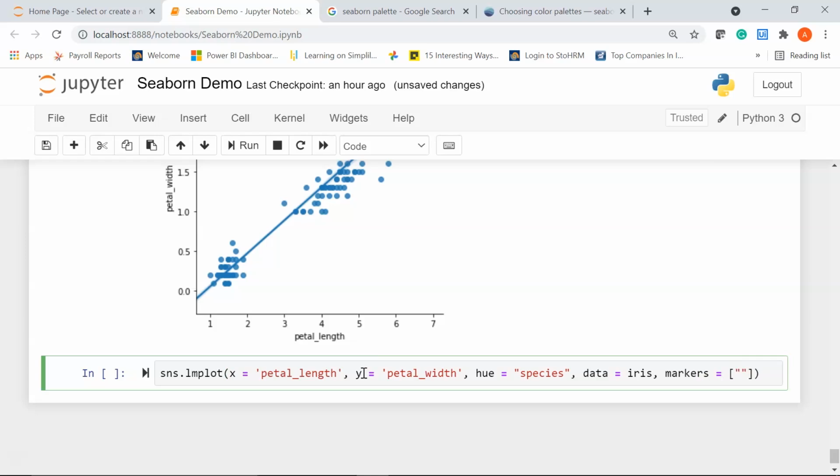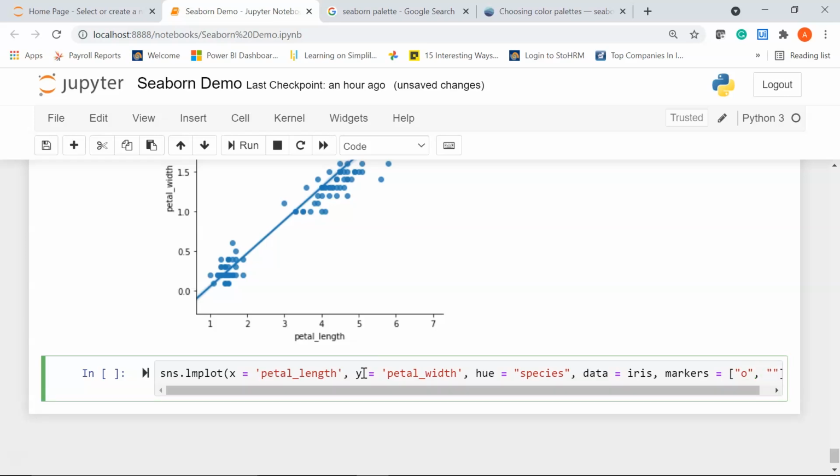Let's say I want to represent setosa with a dot or o. Then my next species, which is versicolor, should be represented with a star symbol, and the final virginica species of flowers should be represented with, let's say, this arrow mark. Now let me go ahead and run it.